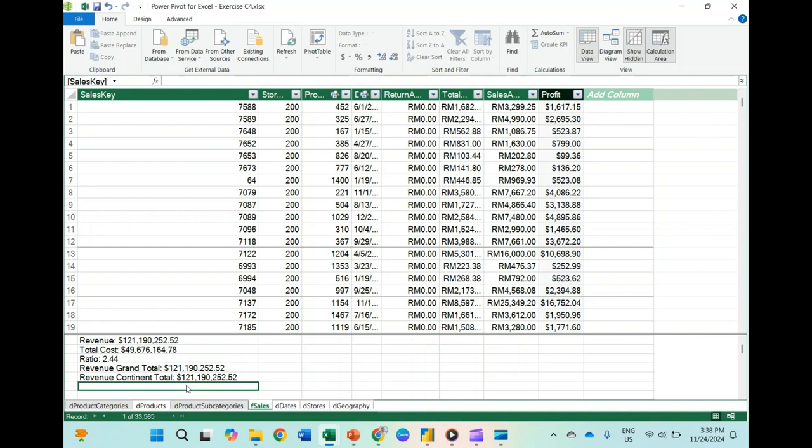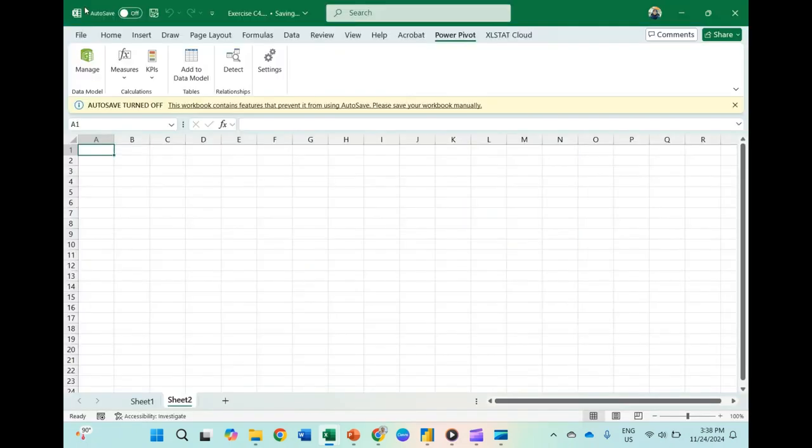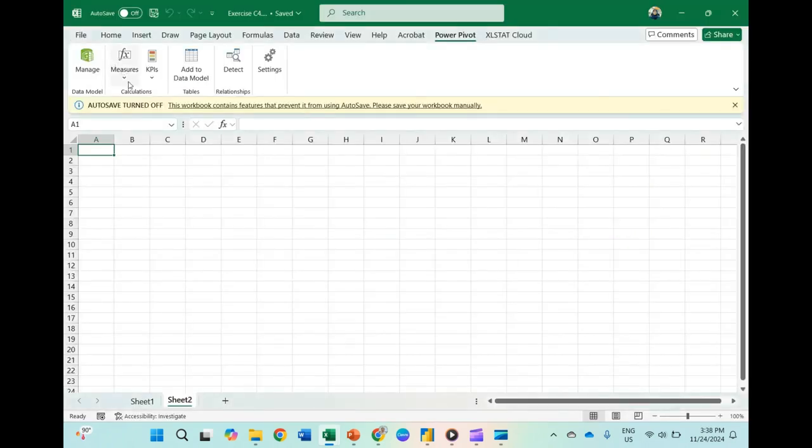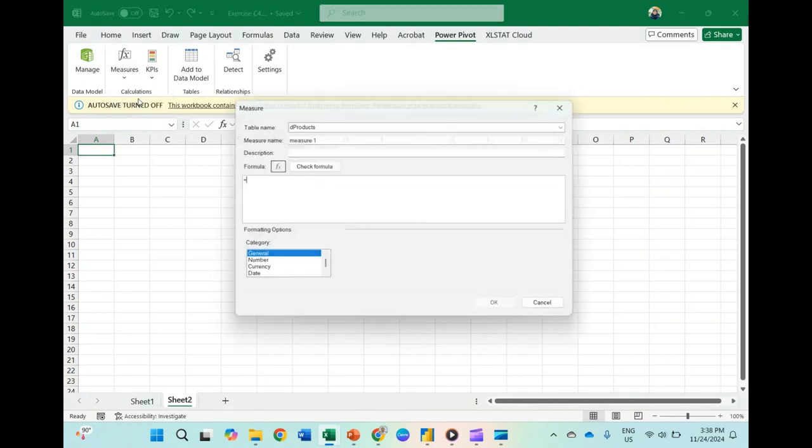Now we want to calculate the percentage. You can do it both ways: either calculate from here, or use a new measure.